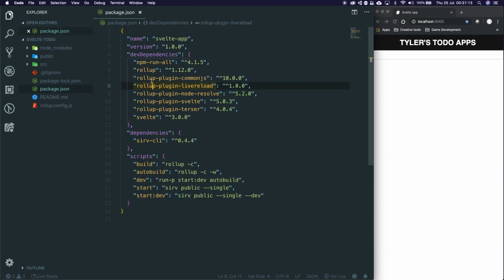Now, in the package.json, you'll see a bunch of different things, mainly dev dependencies and then actual dependencies. We've got the surf CLI, as you can see there, a lightweight CLI program to surf static sites. Then we have all the rollup configuration, the Svelte package,